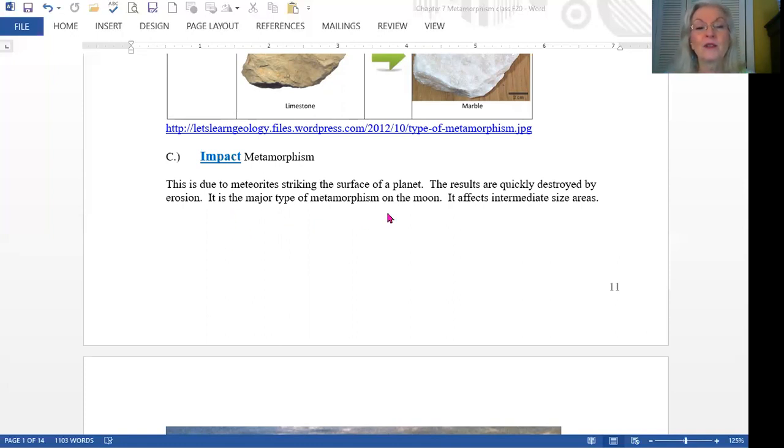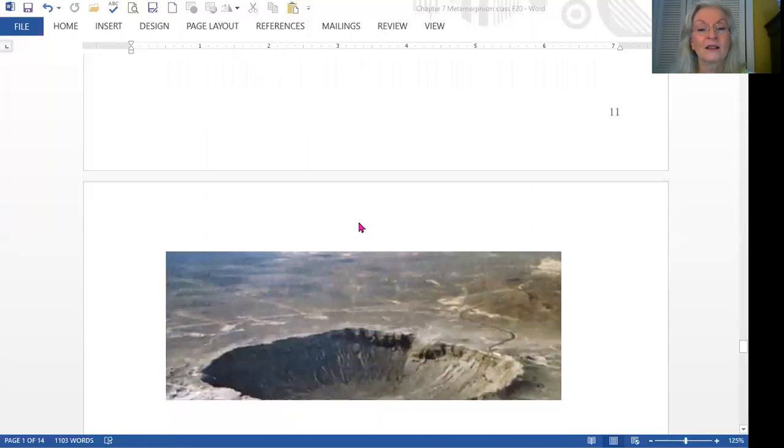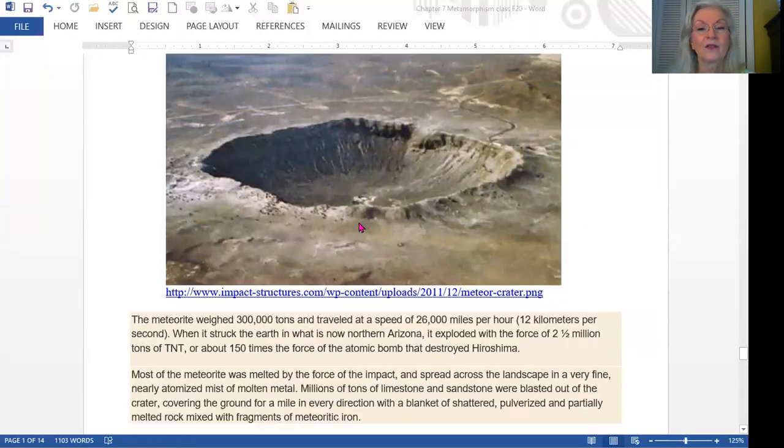Impact metamorphism is the major type of metamorphism on the moon. It'll impact intermediate size areas. So not too big, not too small. Remember,